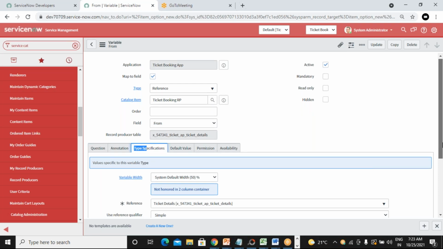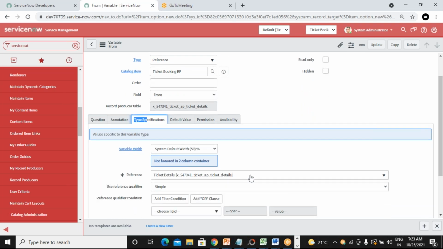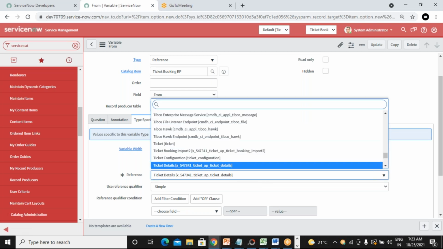Location references the location table, right? Nobody is observing if I make a mistake. So here we have to select location. Let me select location.